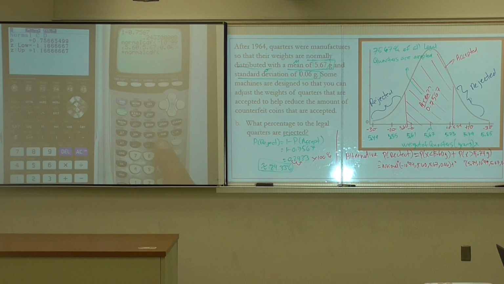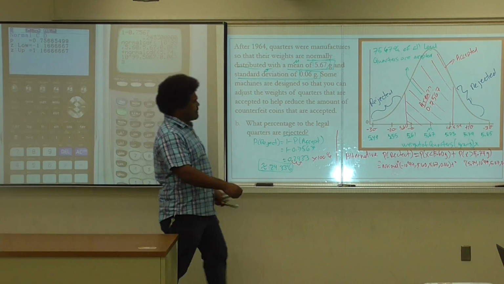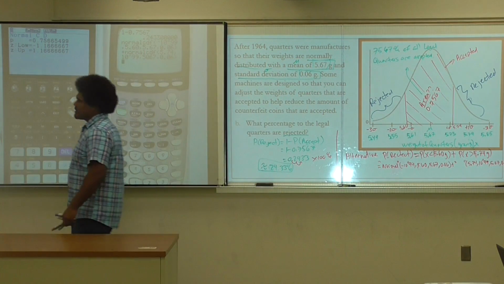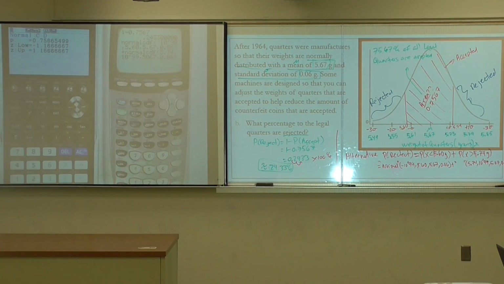And I'm going to do the same thing, but now I'm going to start with the 5.74, comma, the 10 to the 99, comma, the 5.67, comma, your 0.06. So now we have this whole expression here. This guy here is mimicking this one right here. It's mimicking it to the fullest. So now when I press enter,